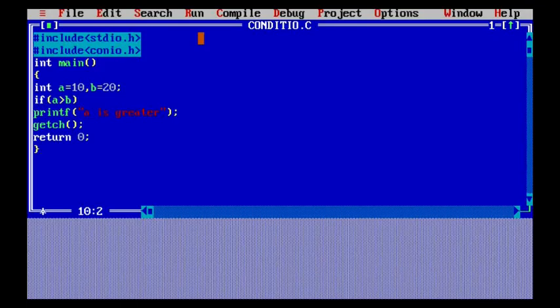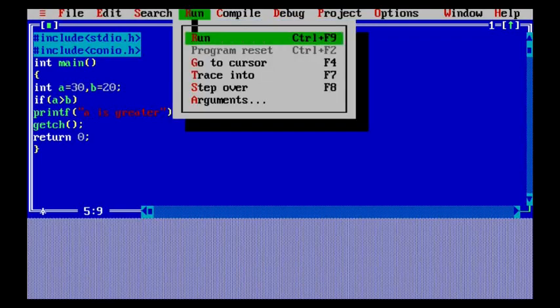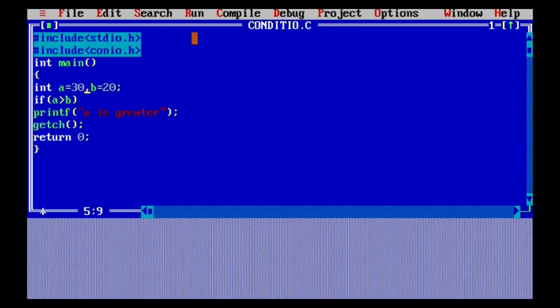So now if I want to change the value of, say, a, what I'm going to do is just change the value of a. I'm making the value of a change to 30. So whenever I make the value 30 and execute this code, you can see the difference: now the output displayed to me is that a is greater. So the two conditions, either true or false, will work accordingly. So this was the first case if we are using just an if statement.